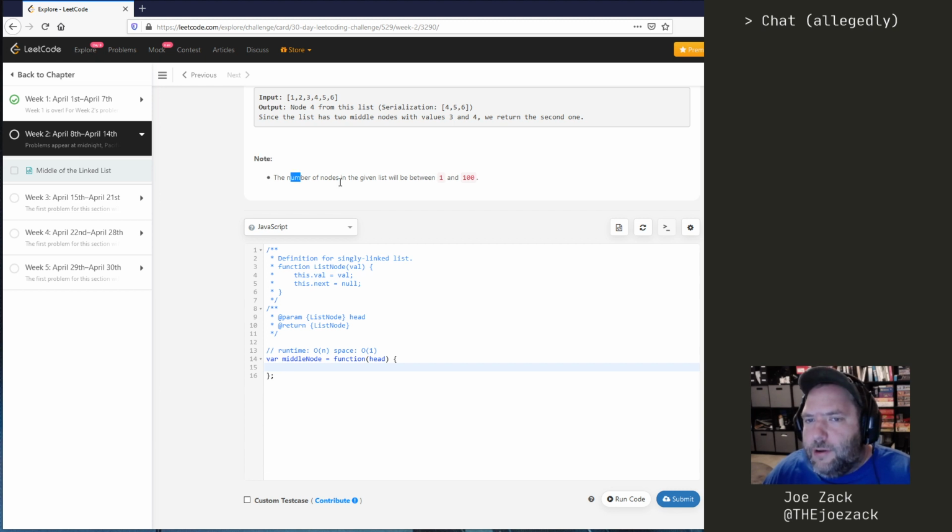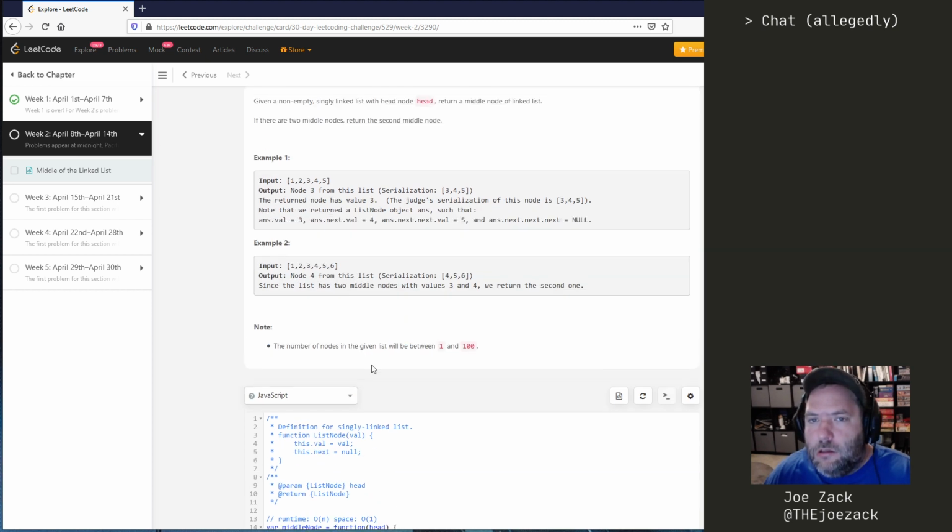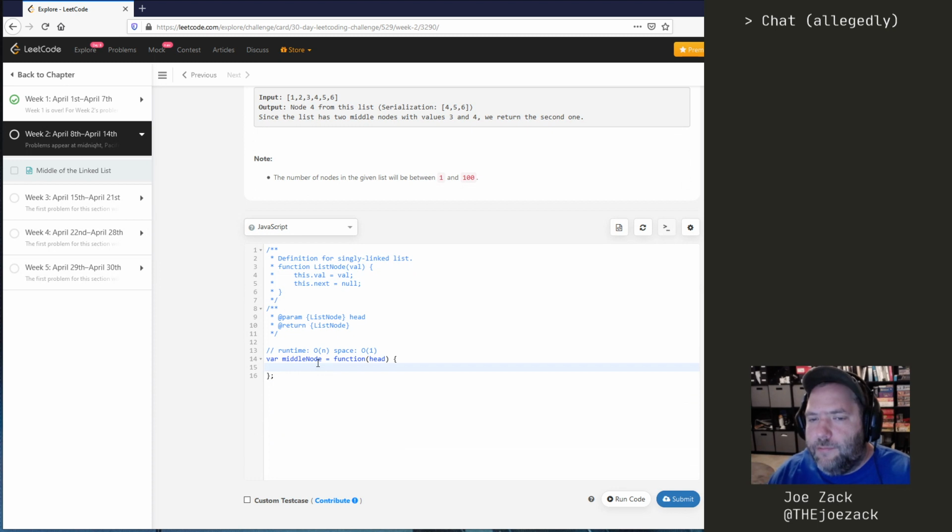Oh, we got an interesting note here that we won't ever get more than 100 nodes. Don't know that really changes anything about the answer, but it's kind of interesting, I suppose. So I'm going to pseudocode this out a little bit. So if I have a linked list with 5 nodes in it, what I want to do is have 2 pointers,